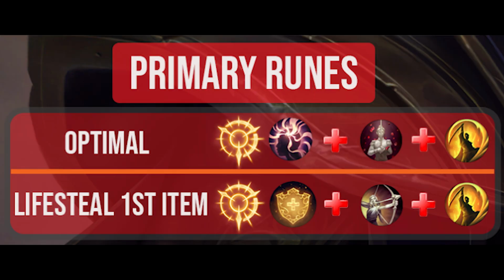Okay, so let's talk about the runes now. For the runes, you want to run Press the Attack with Presence of Mind and Bloodline if you're going full crit, so it gives you pretty decent sustain back late game. And you save an item slot. Or you can go Press the Attack with Alacrity and Overheal if you are going a lifesteal item first in your build, since the Overheal shield will effectively be in use once you buy your Vampiric Scepter,